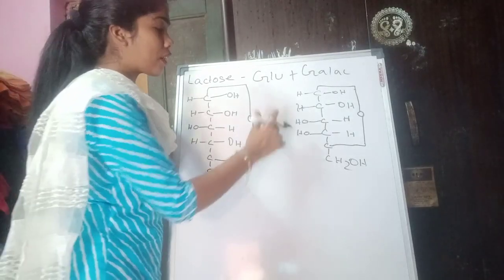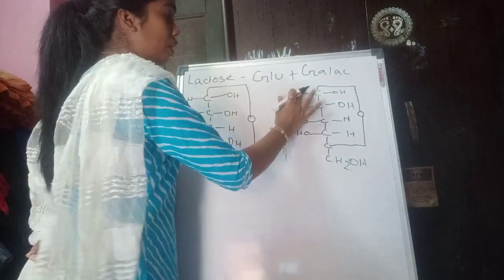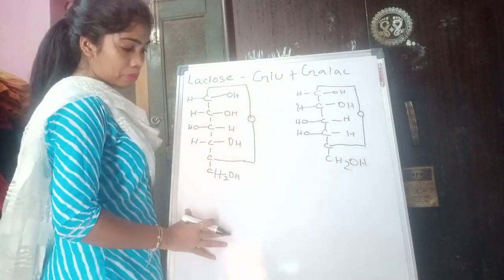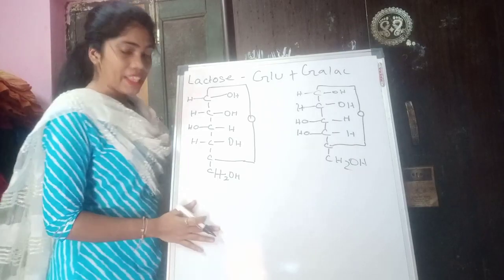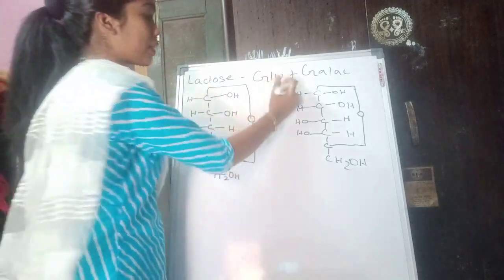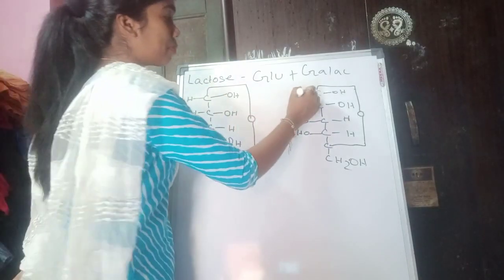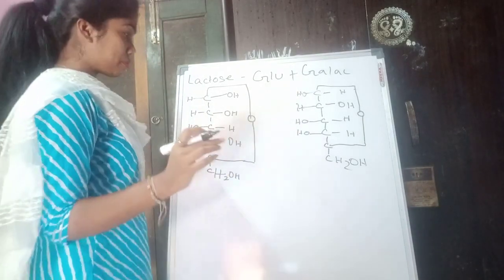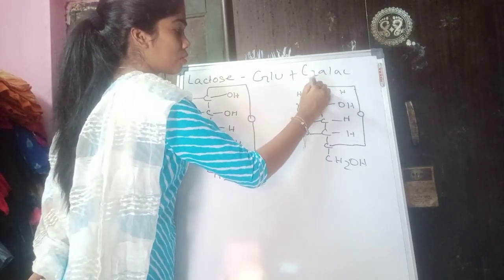Now when these two combine to form the disaccharide lactose, for the ease of making the structure on a plane, because when they are combining in a solution, they are not doing it on a plane surface, right? They are 3D structures, but when we are doing it on a plane surface, we have to arrange things so that we can show the bond. So for the ease of doing the structure, I am keeping OH here and I am keeping H here. I have just placed them on opposite positions.